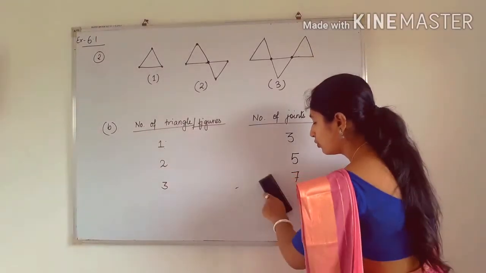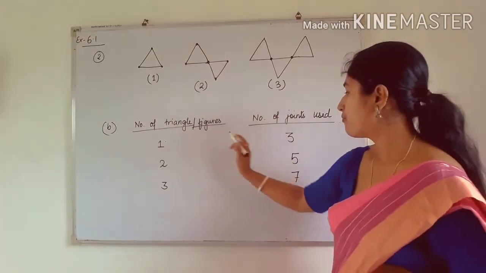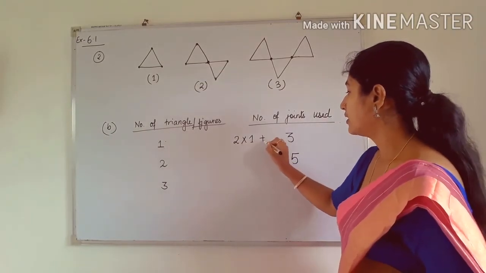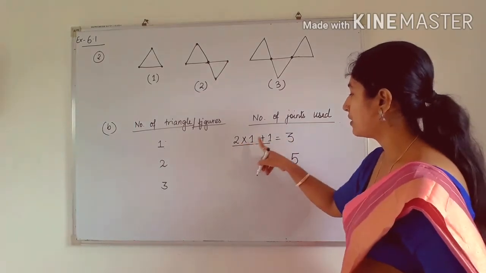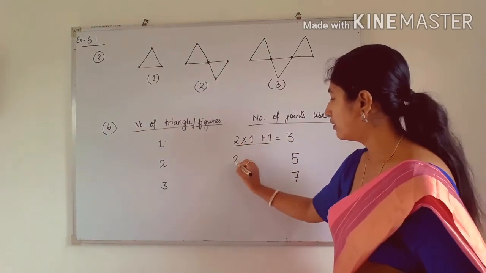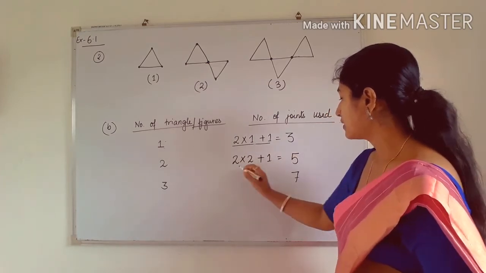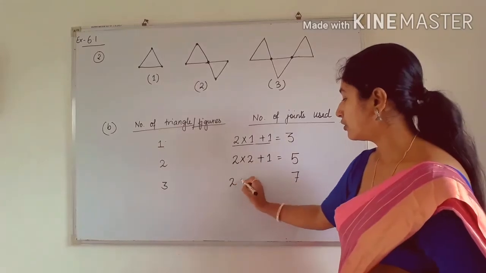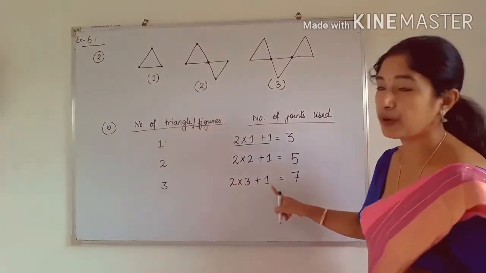So that means this is the formula for representing an odd number. So see here, I am doing it. First of all, we will do for number 1. See, so we have to write like this: 2 into 1 plus 1. What is the answer? 3. 2 1s are 2 plus 1 is 3. Similarly here, 2 into 2 plus 1. What is the answer? See, 5. 2 2s are 4 plus 1 5. Similarly here, 2 into 3 plus 1 is equal to what? 7. 2 3s are 6 plus 1 7.